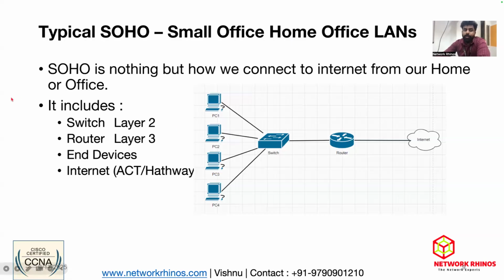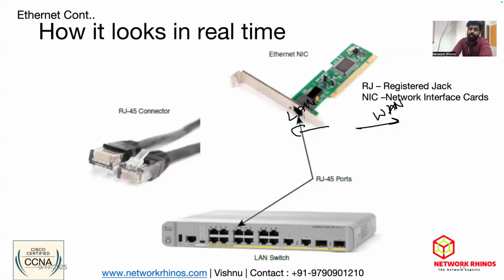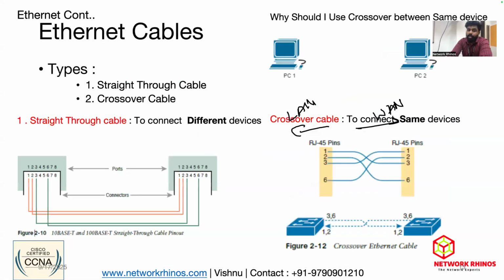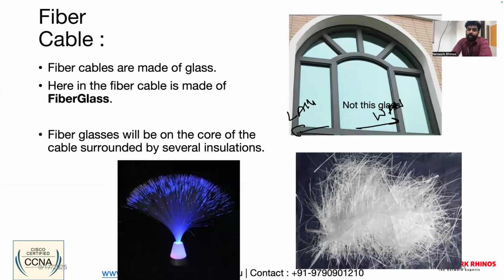As I informed you, a router has only 2 ports. One port goes to the LAN. The second port goes to the WAN or the internet. Followed by that, you will learn in detail about Ethernet cables, what the different types of cables are depending on the speed. We will also talk about fiber cables and types of fiber cables and how to connect them, the color codings and all.